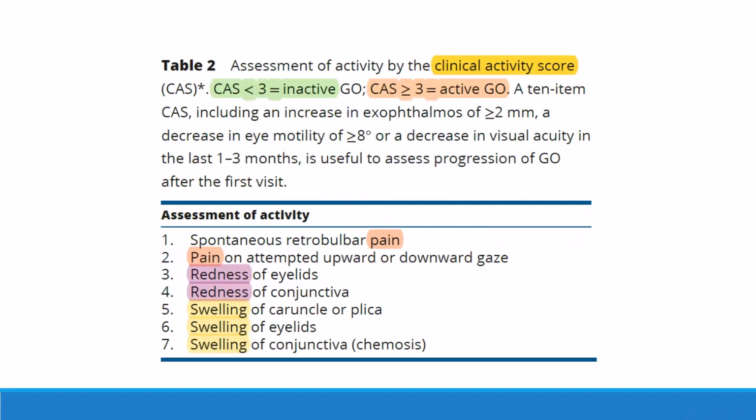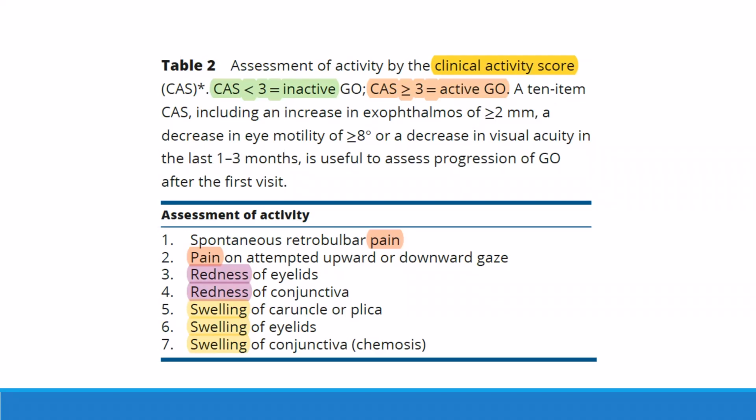The clinical activity score, which is the CAS score, is very important, because if the clinical activity score is less than 3, this is inactive Graves' orbitopathy. If equal or more than 3, this is active Graves' orbitopathy. This is a 7 item score. The first and second are pain: spontaneous retrobulbar pain, and pain in attempted upward or downward gaze,